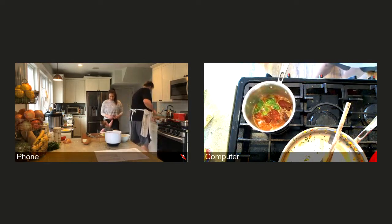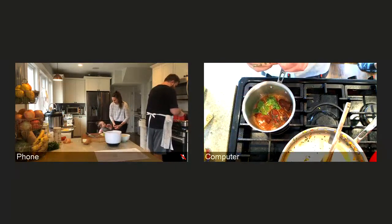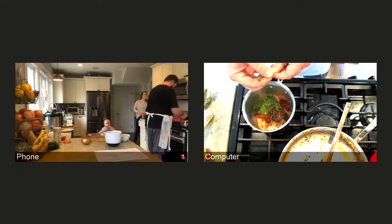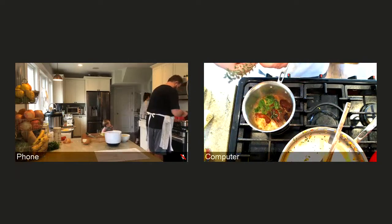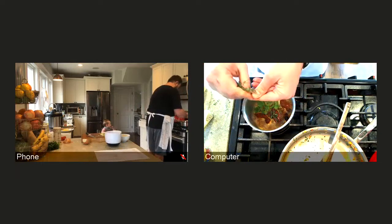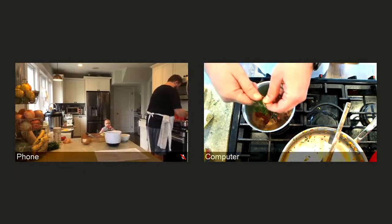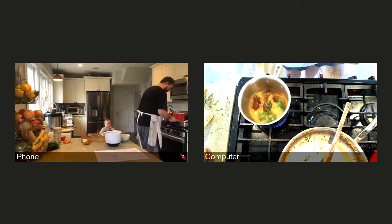All right, so anyways, I'm just going to pull the leaves off of this because the leaves get blended. That's totally fine, but the stalks would just be weird. Smelling quite good. There's no really good trick to taking the leaves off thyme. Sometimes it's easy and you can just pull down and they come off, but most of the time that's not the case. All right, so